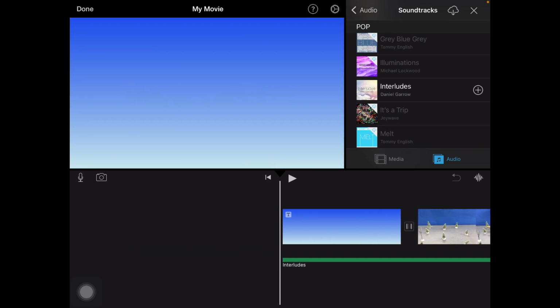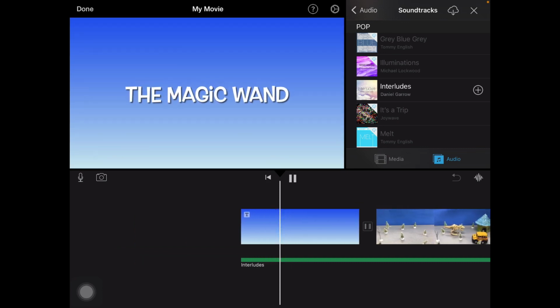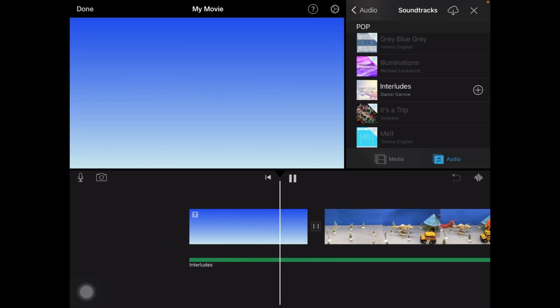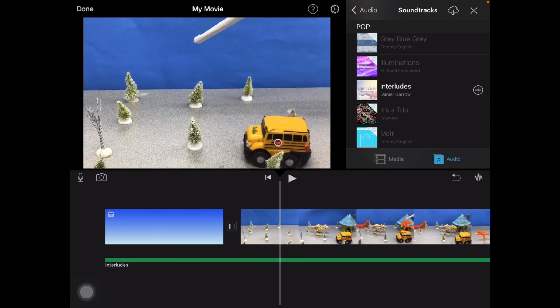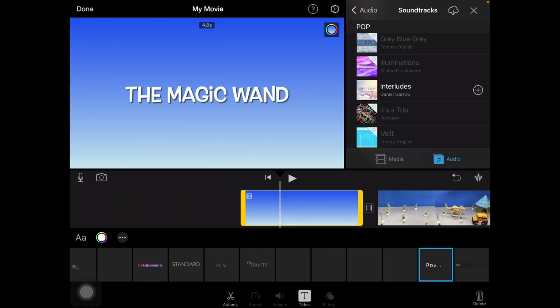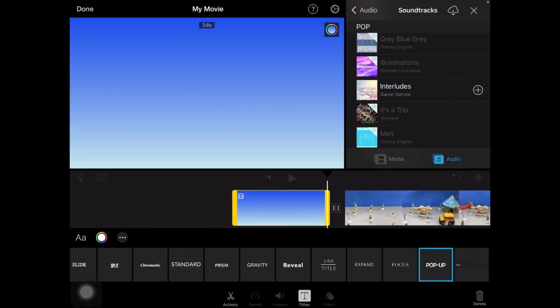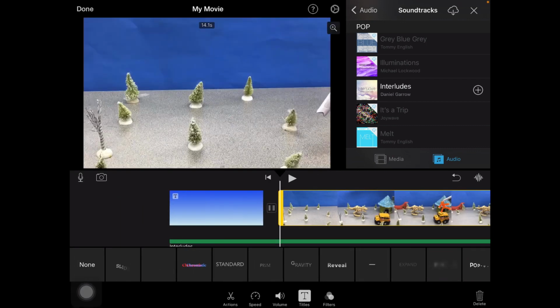Okay, so if I play this, and then it does get softer during the movie. I'm going to shrink that title down just a little bit. So besides those